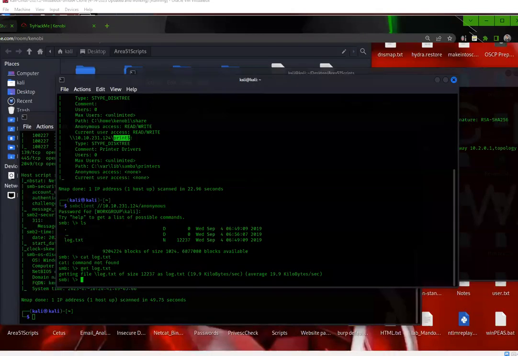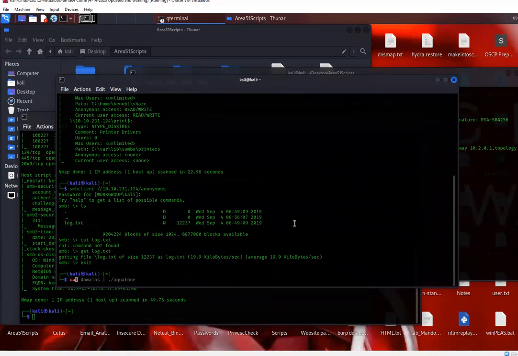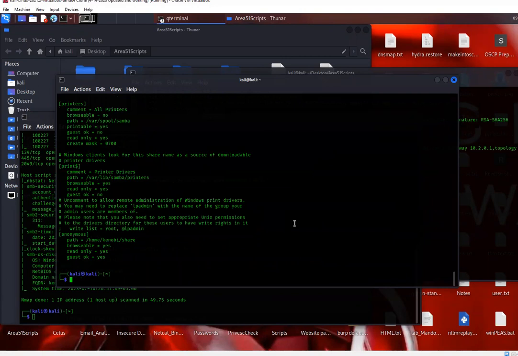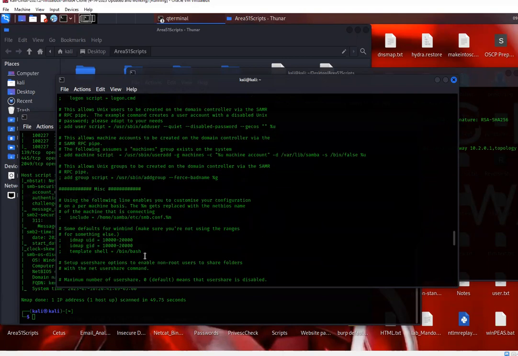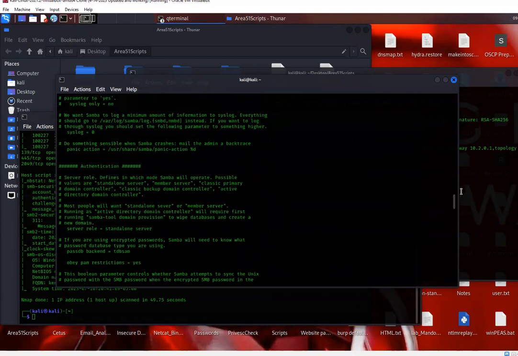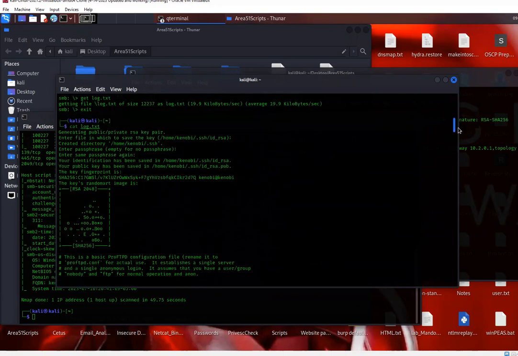Before we do that, let's go ahead and take a look at the contents of this file here. So I'm going to go ahead and exit. We'll go ahead and cat log.txt. And after catting log.txt, you can see that it's provided us with some information here, whatever's in that file. And this file has quite a bit of content. Looks like it's got some information about an RSA key. And we can see where the RSA key is located. Fingerprint is